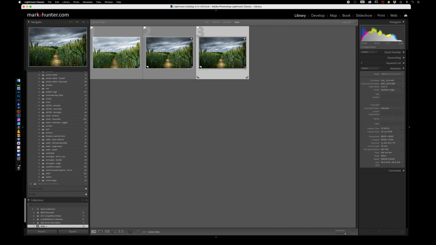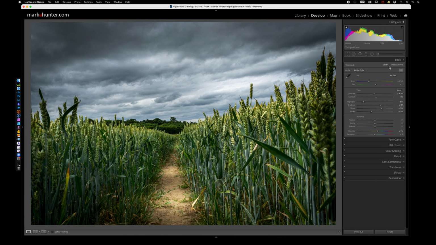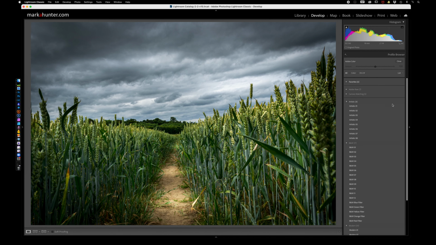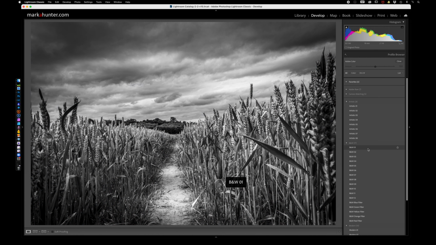So now I've got the virtual copy. Let's click on develop again and look to do a black and white. Well, there's a few ways of doing this. The black and white button gives you a good indication straight away, but I like to go down and have a look at the various black and white options